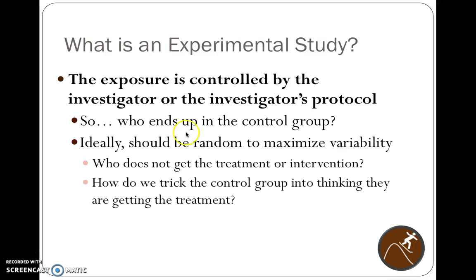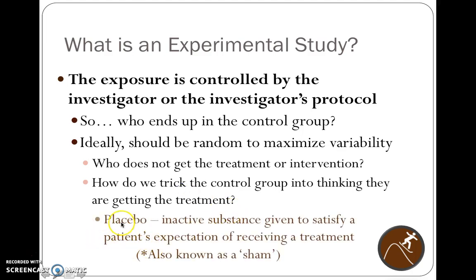We have the other dilemma that if a group gets something that's not what they wanted, how do you trick the group into not knowing what they got or into thinking they got something better? I don't know if trickery is the best word, but it kind of is that way. They're not allowed to know, and they might have entered a study with the hope that they were participating and they should know or be told that they could get nothing at all or the best available treatment or what they've always been getting. So we have to do that to guard against this thing called the placebo effect,